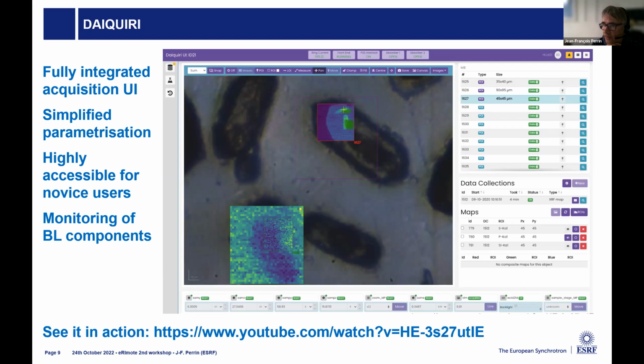This is called daiquiri. And this is a system where people can perform the remote experiment, and in particular, the acquisition. So the interface is relatively simple. It's accessible to novice users. And if you want to see it in action, there is a YouTube video from one of the experiments that was performed at the ESRF,